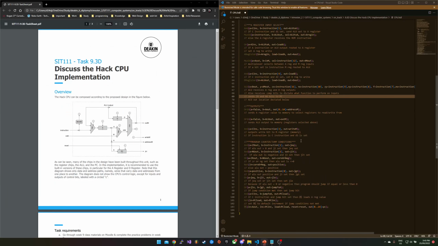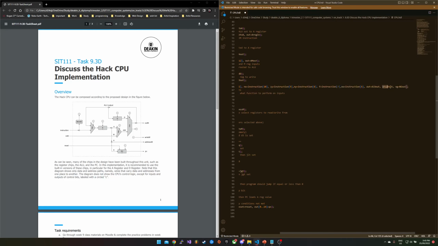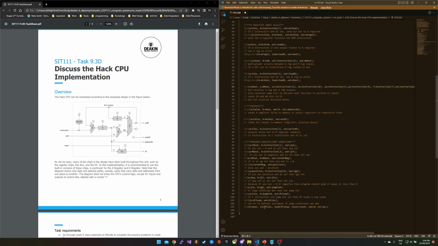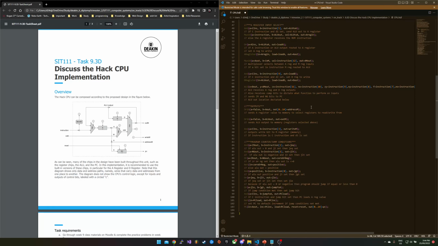And then outputs the ZR and NG bits to the program counter. These basically tell the program counter whether the output value is equal to 0 or negative, and that will determine whether it's jumping to the instruction it's given or just defaulting to increment. Now this ALU output is sent out of the ALU, but these next couple of parts determine where that